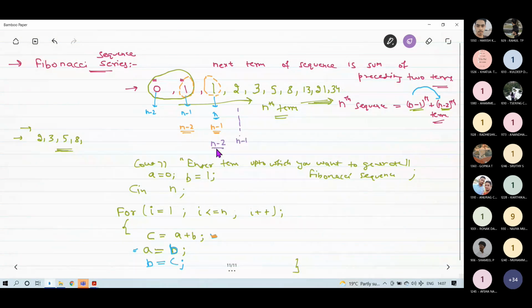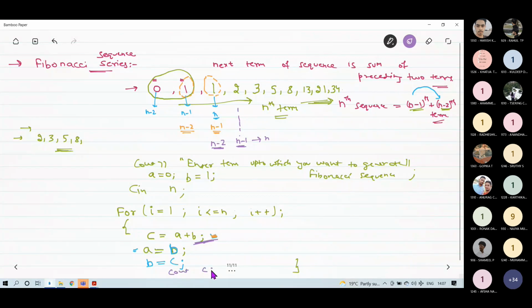And hence, with the help of these two, that is n minus 2 and n minus 1, in third iteration, it can generate the next value n. So it will generate up to n terms with the help of just this. But yes, the cout which you have to take should be before this expression, or even in this case you can see it can be here also.